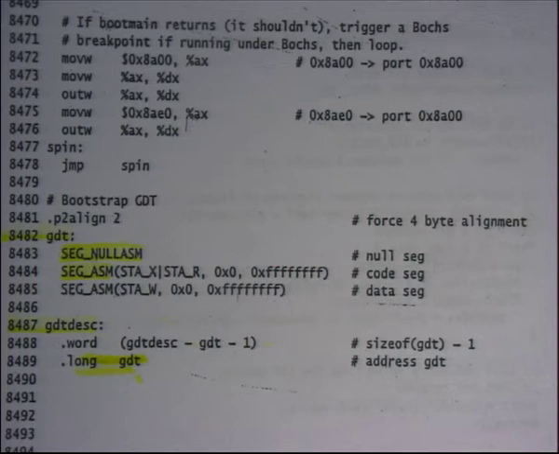So you have a GDT of size 3. The 0th entry is a null entry. The first entry is pointing to an executable segment, which is the entire address space. Then the second entry is pointing to a writable segment, which is again the entire address space. The developer has separated code and data in this way. So he will load code in CS and data in all the other segments, right?